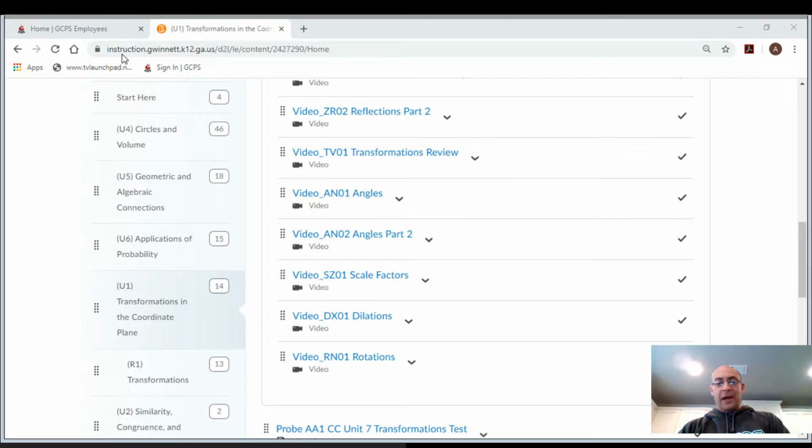Wow. Okay. Geometry. Let's do video. Let's do both videos on angles, right? So AN01 and AN02. So it's angles. I think the first video has a lot to do with just general angle rules. And then the second video is more about parallel lines with a transversal, which is super, super incredibly important in